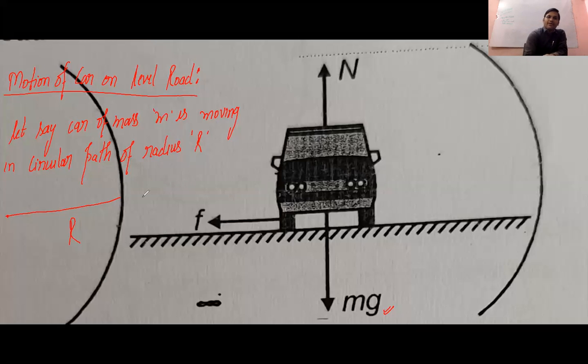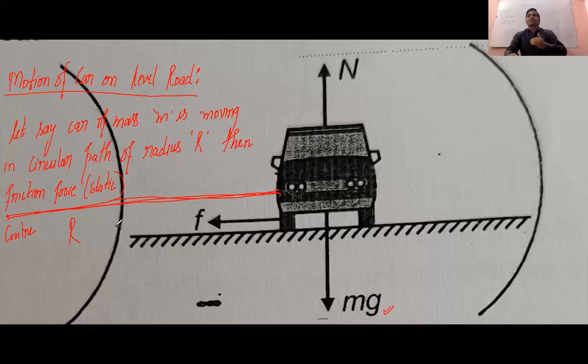Okay, so this is basically, you can say, the radius from here. This is the radius, and this is the center. Then the friction force, and here the friction force will be static. Why static friction force? You should understand this. Static friction force, because along this line there is no motion; the motion is linear. So we can say the static friction force acts along the center,